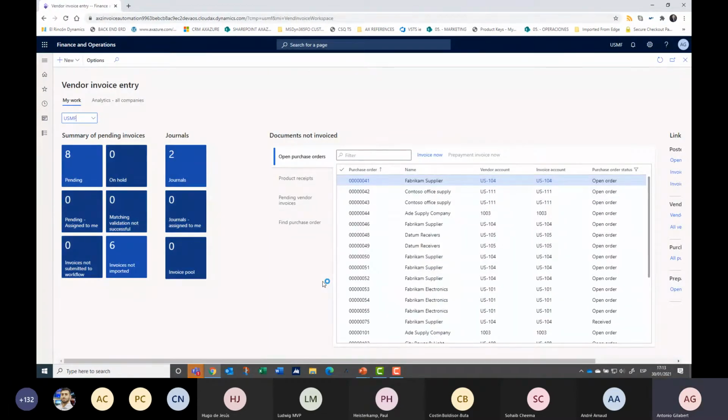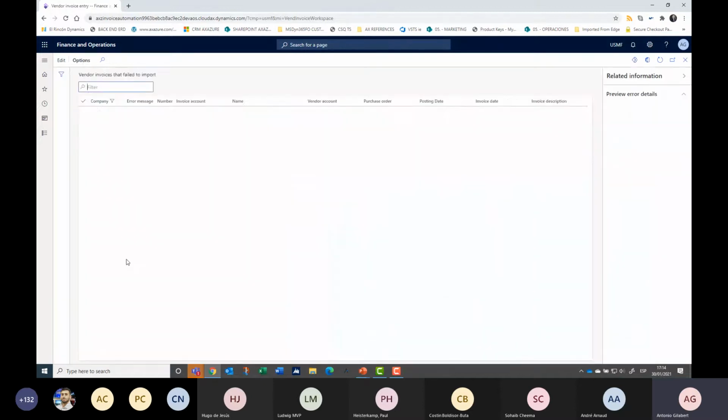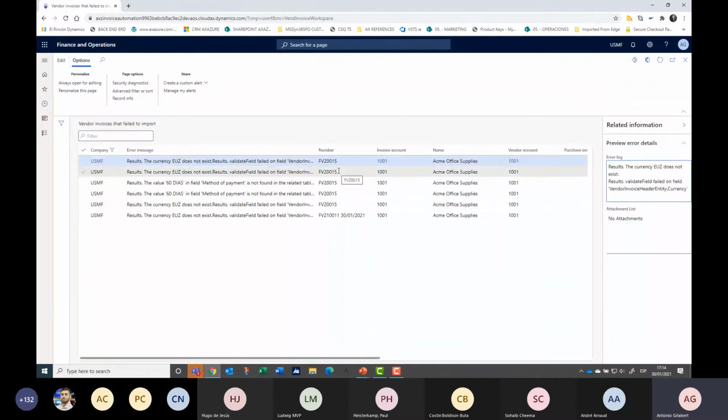Here, this is the workspace, and you can have this information that is extremely useful, because you can see very fast what has happened in your integration process. Here, for example, we are identifying 6 invoices not imported. If you click, it's very easy to understand that concretely the one finishing in 15, the problem was with the currency.